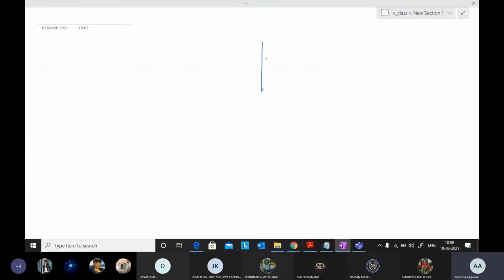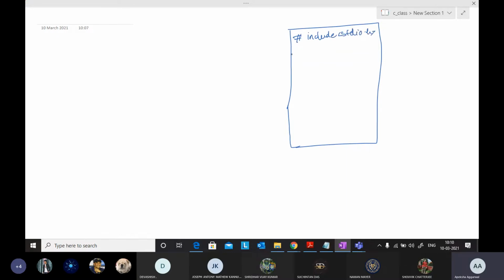First of all, we have the C program where we are writing something. This is hash include stdio.h, standard input output. So I'll include the header file. So this is my C program.